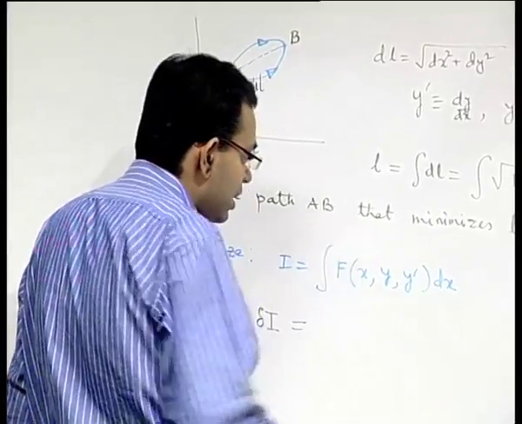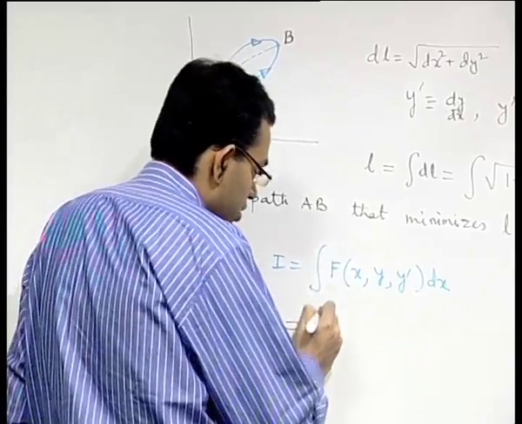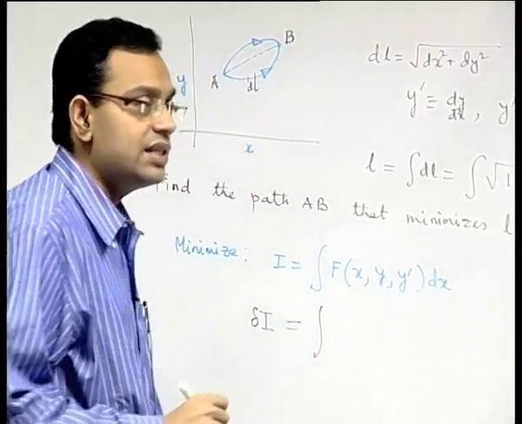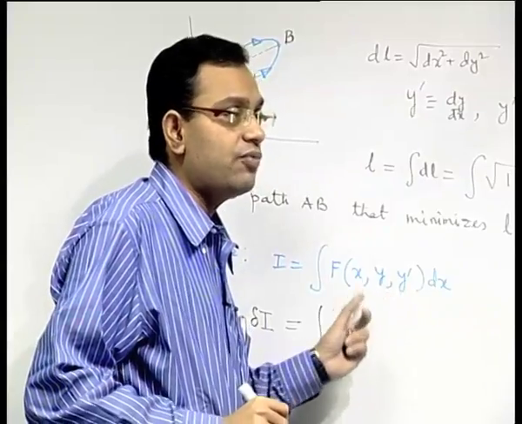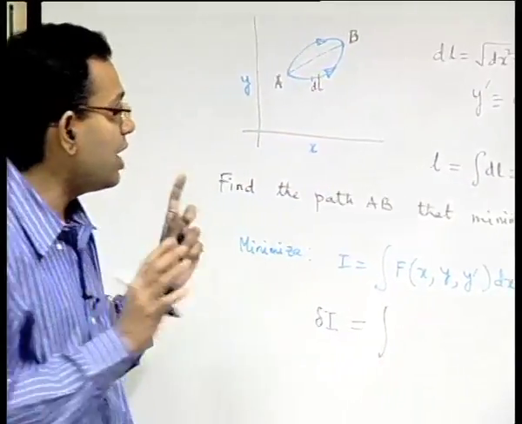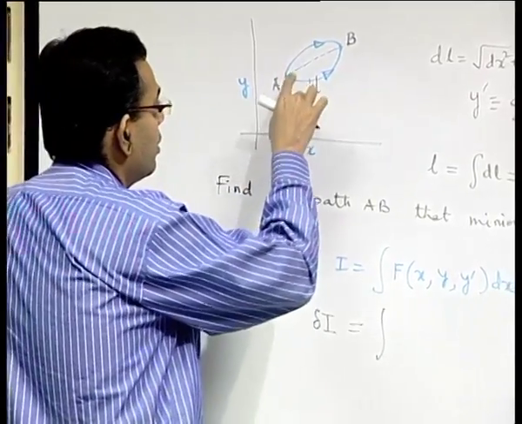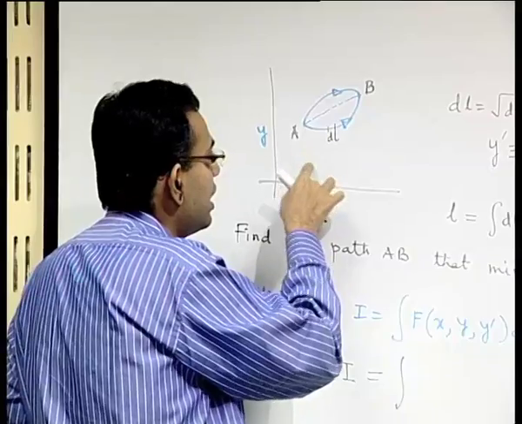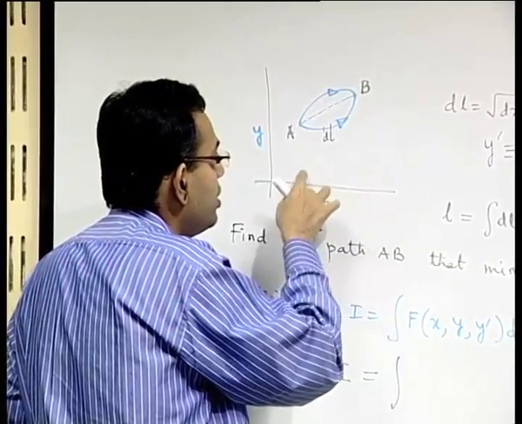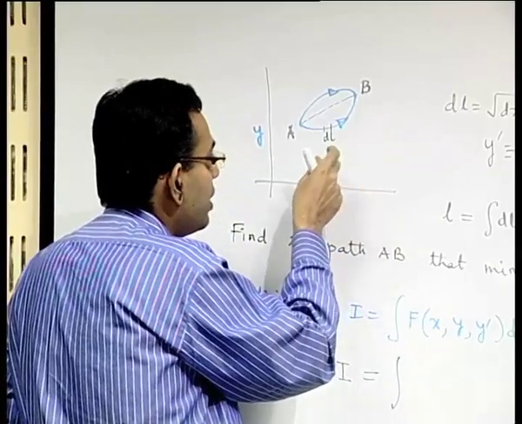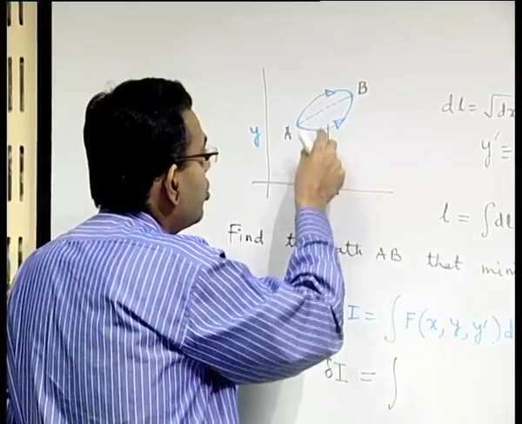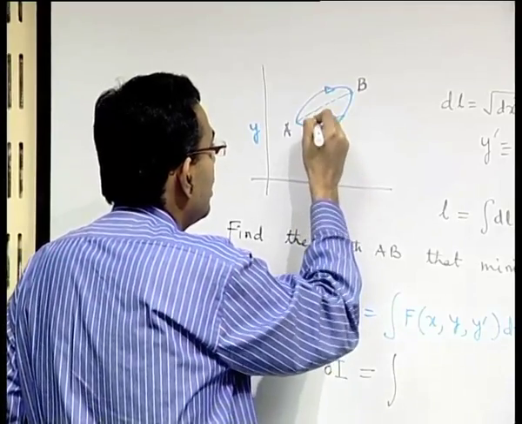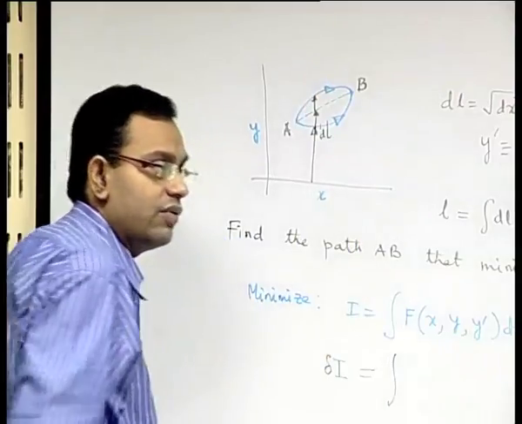So, how can we write this? Remember, f is a function of these variables, out of which we can have virtual changes in only dependent variables. We cannot have virtual changes in independent variables, because let us try to understand this carefully. You are changing x, and that is really a differential change by which you are going from a to b. So, dx, dx, dx in this way. So, for each and every change in x, you could have different possibilities with changes in y. So, your y could be this, it could even be this, it could even be this for a given x.